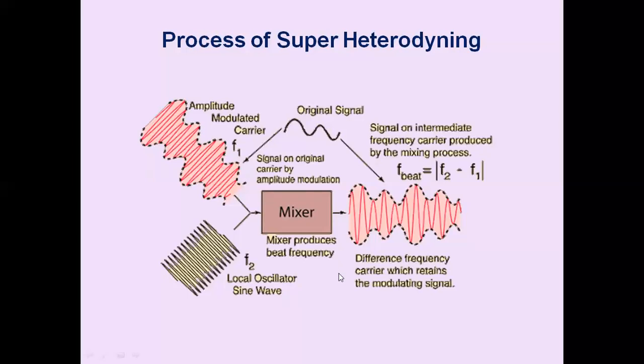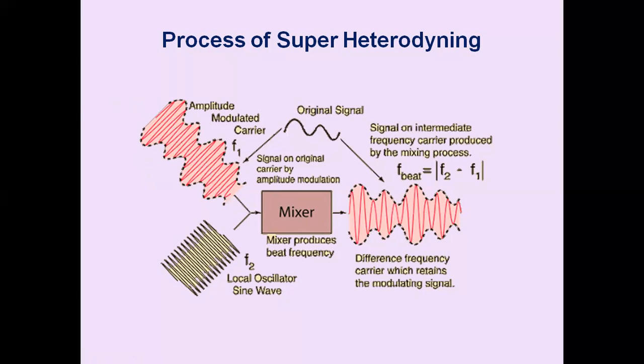The higher frequency is generally filtered out and the 455 kilohertz is available as the output of the mixer, which is called the intermediate frequency. Since this frequency is lower than the signal frequency, but still above the range of audio frequencies, we call it the IF frequency. The intermediate frequency carrier has the same intelligence as the original incoming RF signal, but only the frequency of the carrier is changed. So if the message is on Fs, it is placed on FIF, the intermediate frequency.